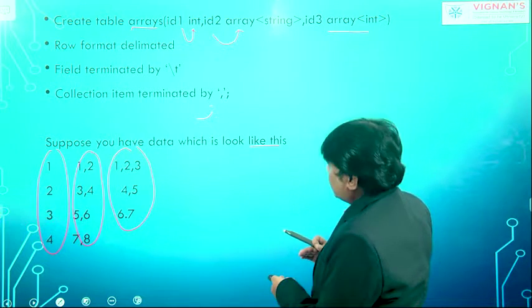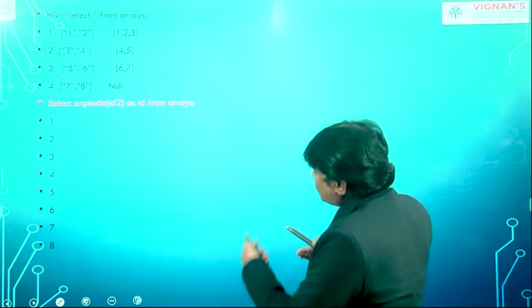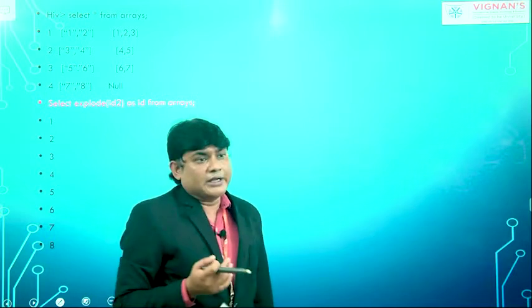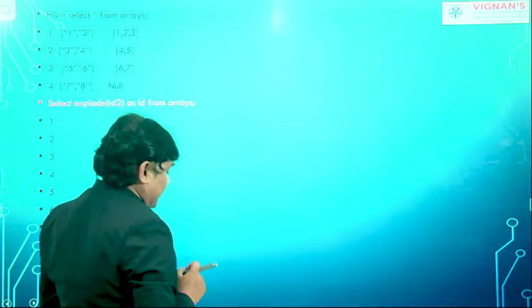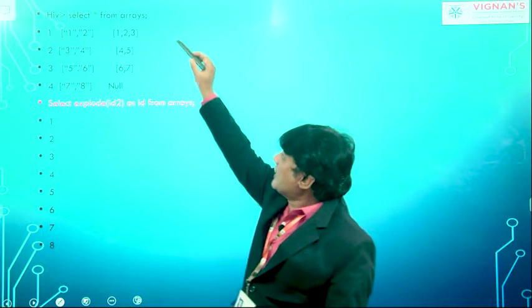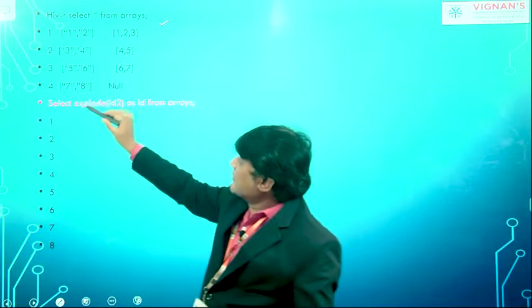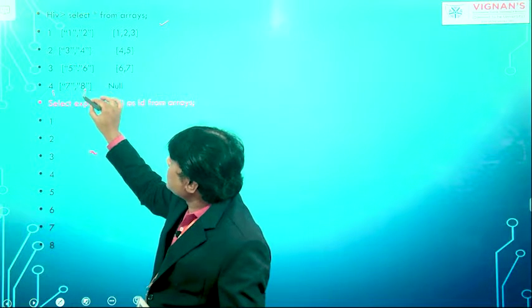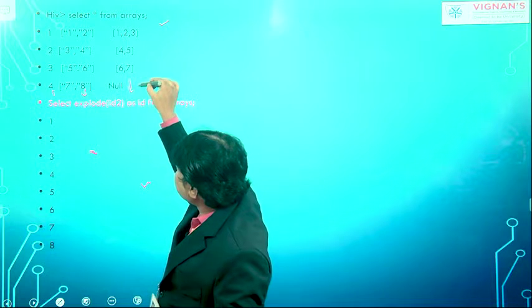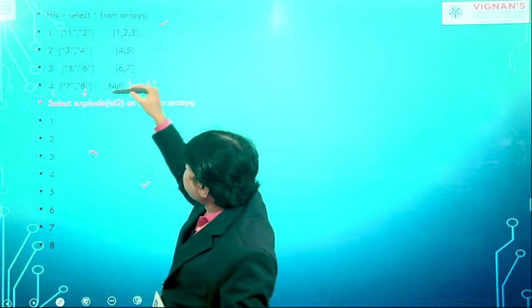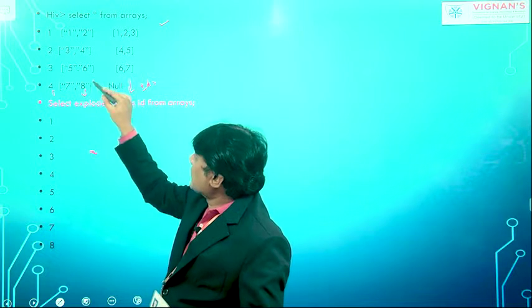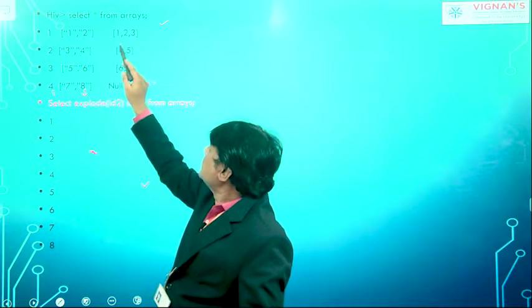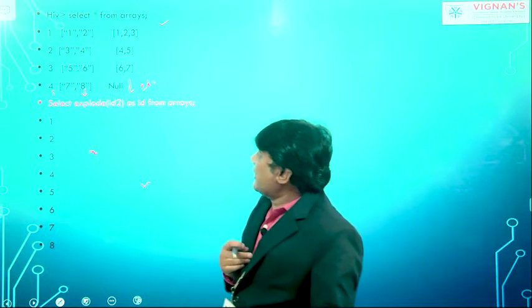This data is placed. Now I'm going to select star from arrays. It means when data is loaded into the table arrays, I'm going to get this data from this table. If you write this query, we are going to get data in this form. This is ID1, this is ID2, and this is ID3. So we have ID1 in the form of integer, ID2 in the form of array, which is taken as a string form, because the data type given for the array is string, and this is also taken as ID.